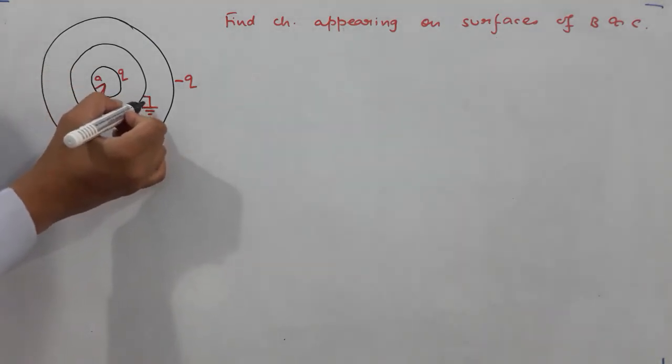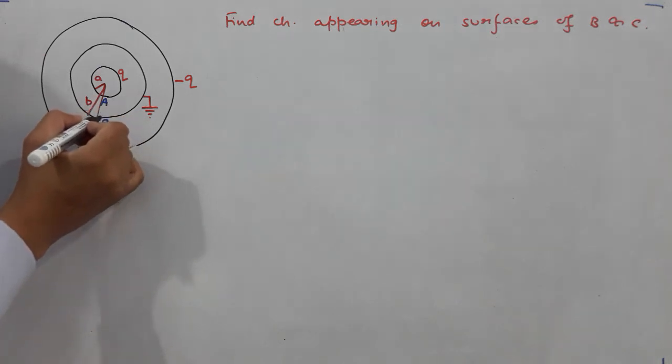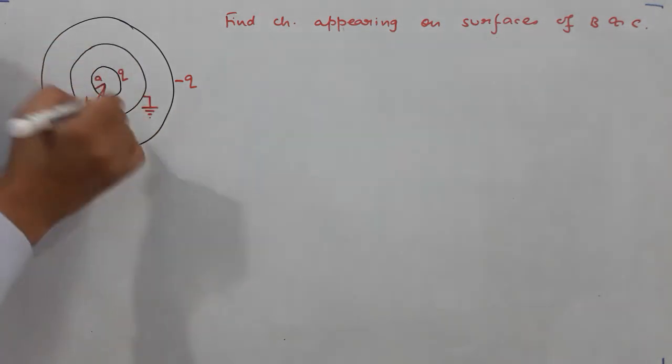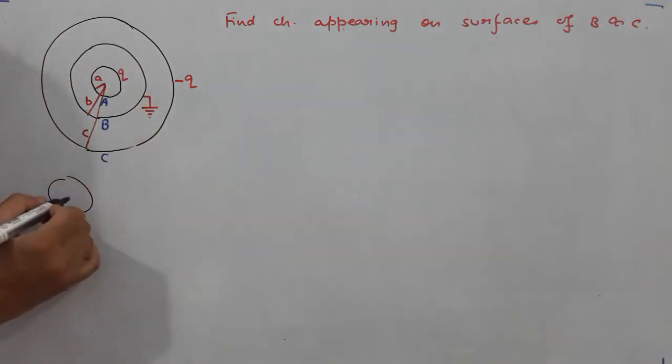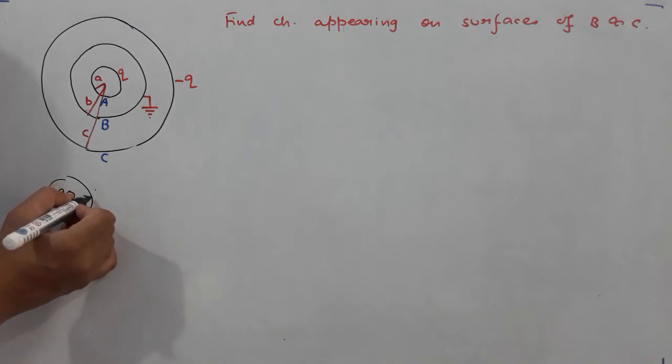Grounded means its potential is the same as the potential of earth, and that we know, students, is taken as 0. First step, think about this conducting cell B. Just now I have discussed that if there is a cell, and at the center of it there is some charge q, it induces negative charge on the inner face and positive charge on the outer face, that is minus q and plus q.